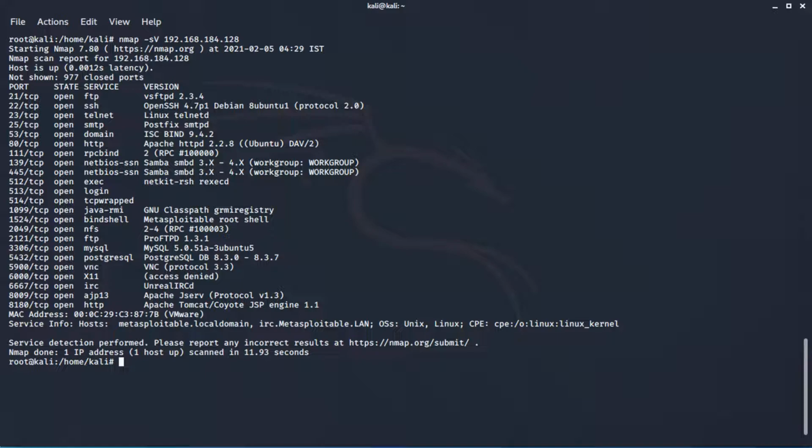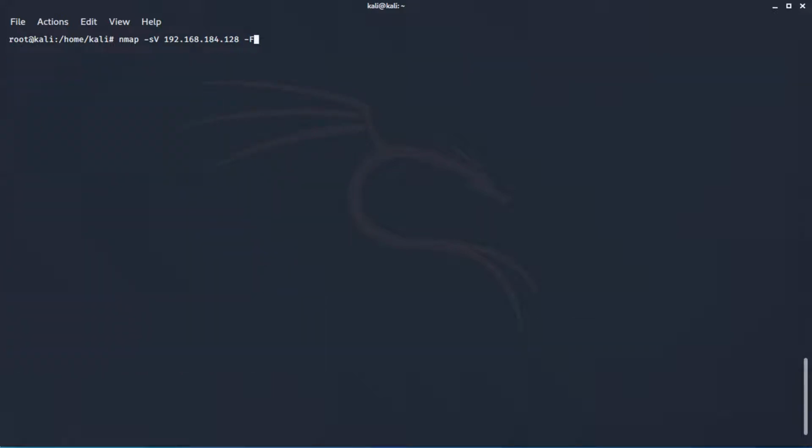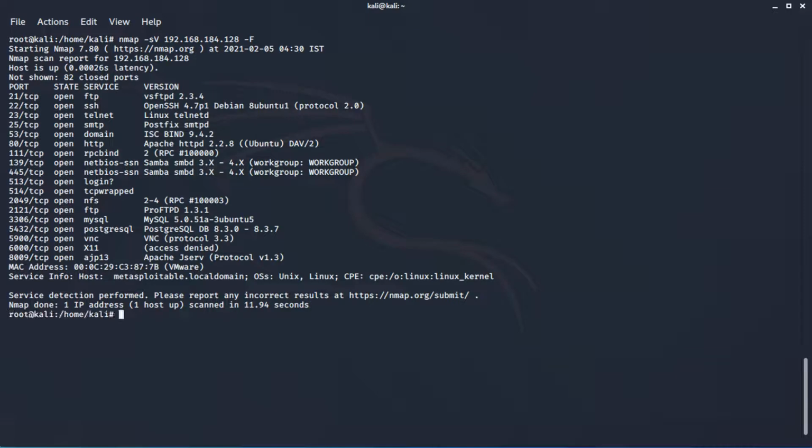Apart from that, if we do an -F, some of these ports would go missing. Let's try that out right now. In this case, I'm assuming at least 2, maybe 3 ports go missing, since it does not cover them in the default scan. Let's just wait for the output here.